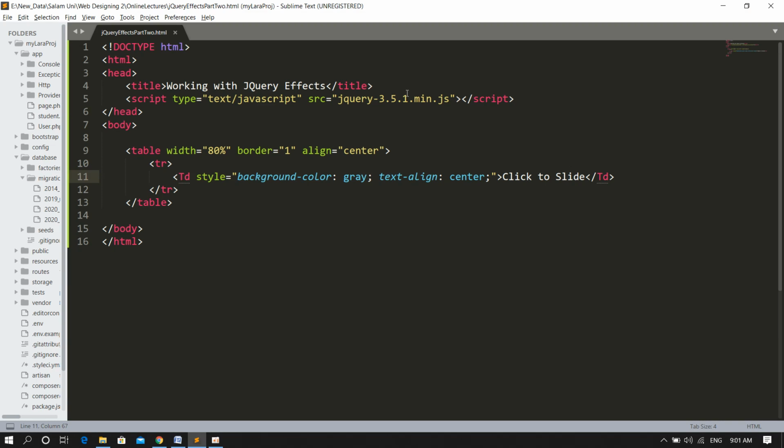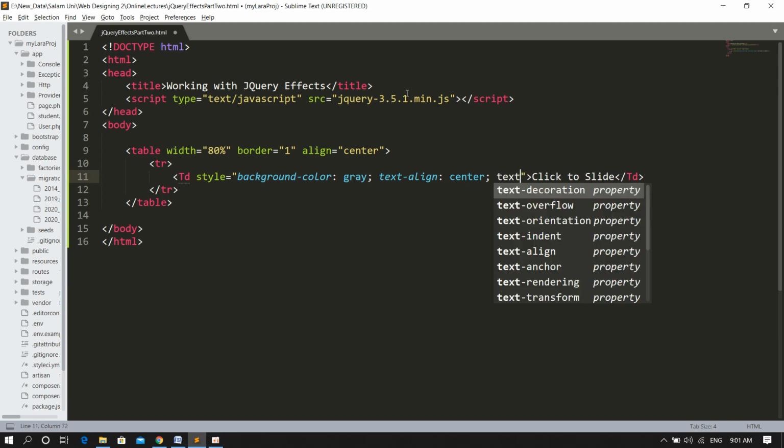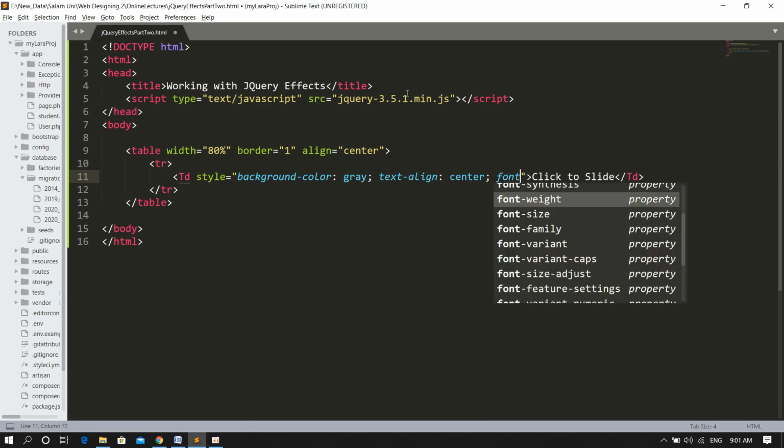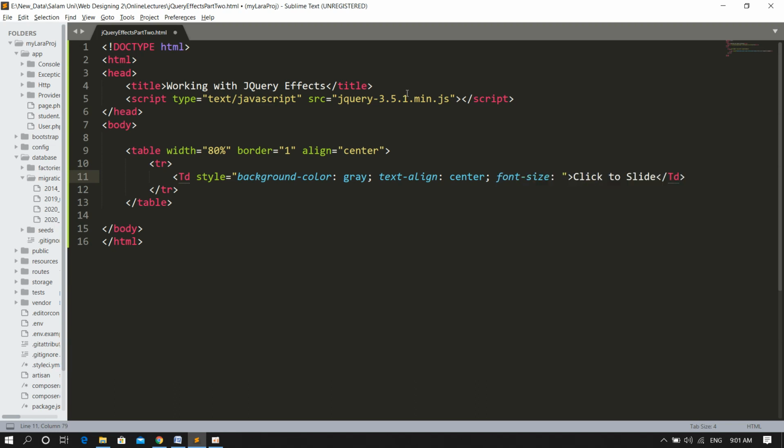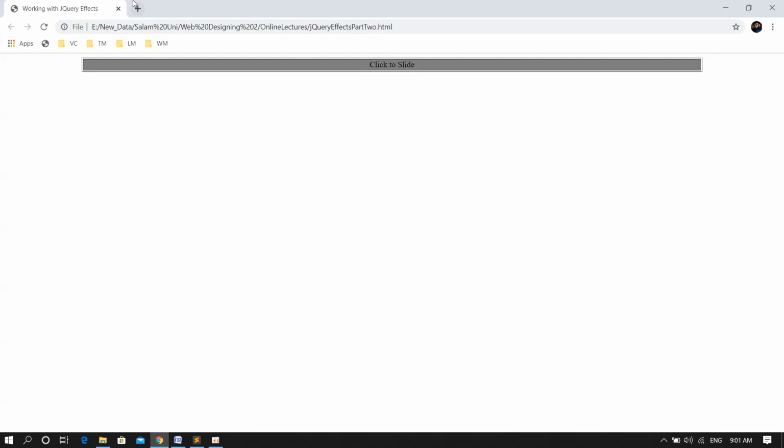I want it bigger, so I'll give it a font size of around 16 points. Save and refresh. Alright, now I have this, and when I click on this text, or on this first cell,